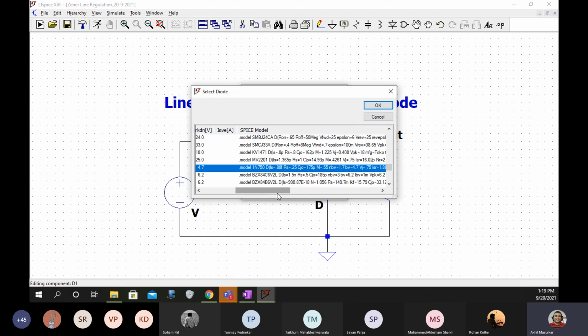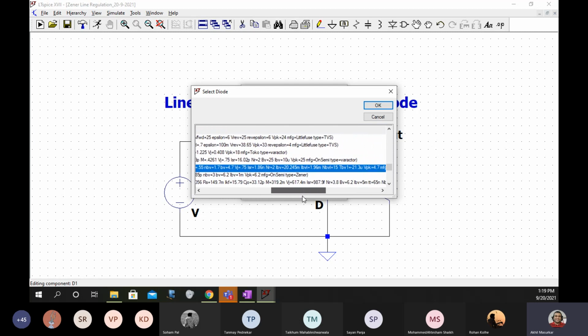This is the meaning of this. You can see some other parameters also. IS is given as 0.88 femtoamperes, which is very small. Other things are there. Here you can say we pick 4.7. Again the same information is in there. Okay, Pratik. And Rohan, your outputs are correct. Tanvi also.